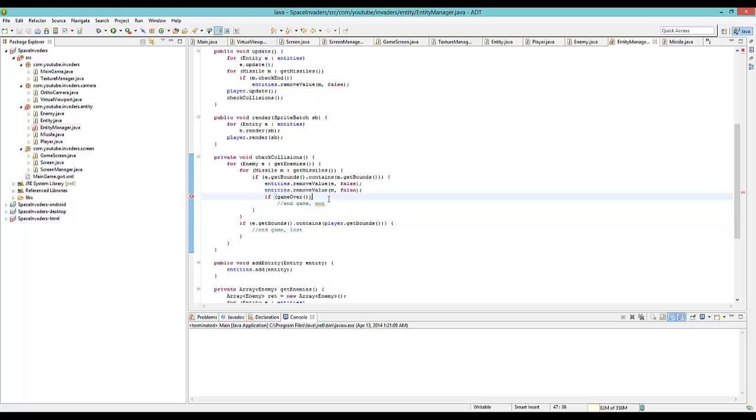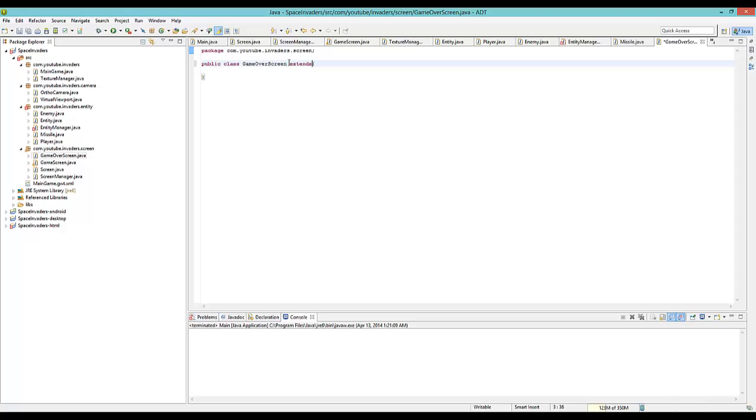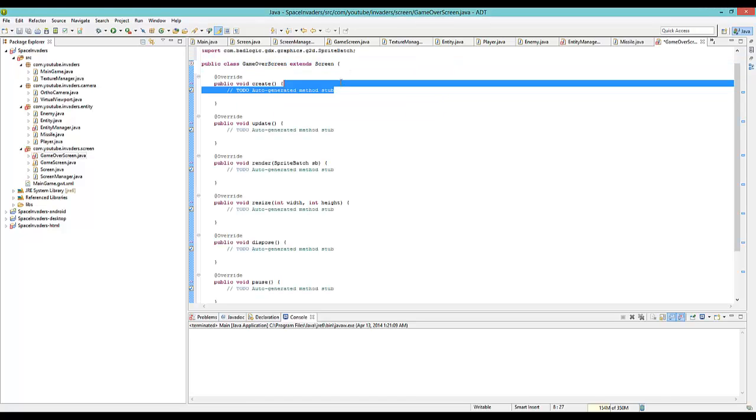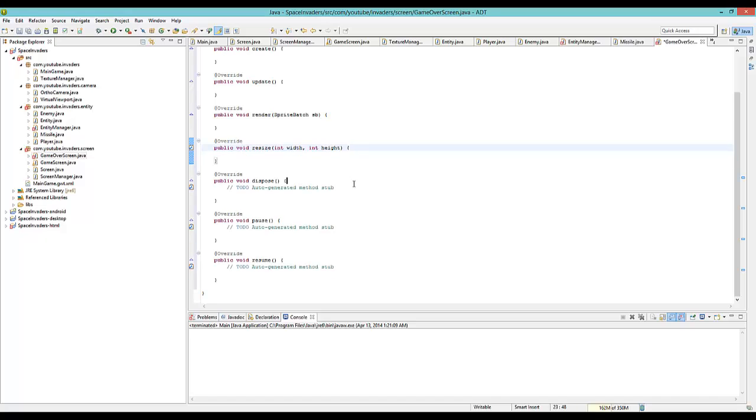Excuse me. So now what we're going to do is we're going to create a new screen, and we're going to do game over screen. And we're going to do extend screen. And we're going to do,